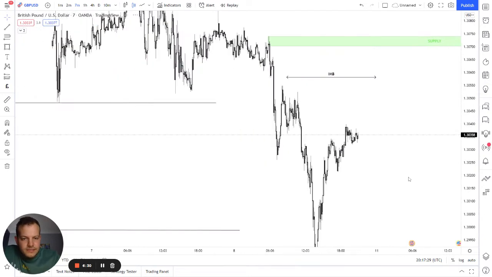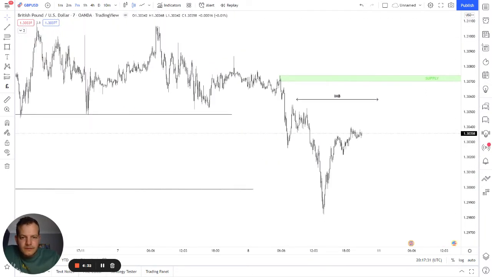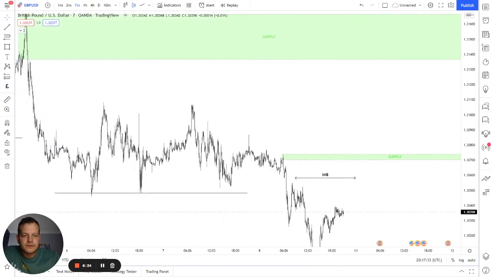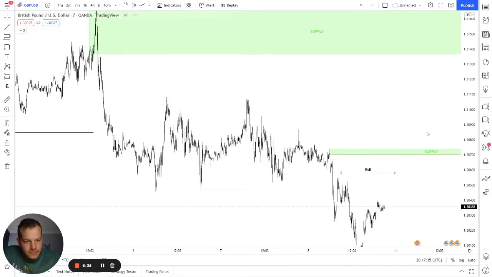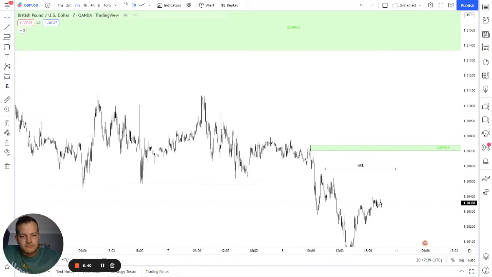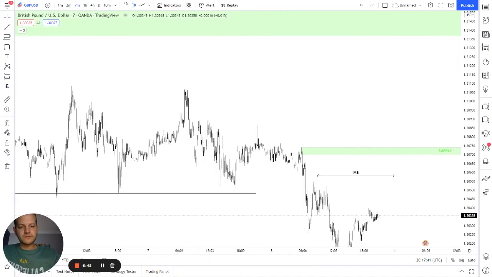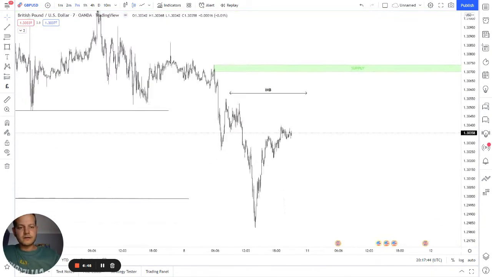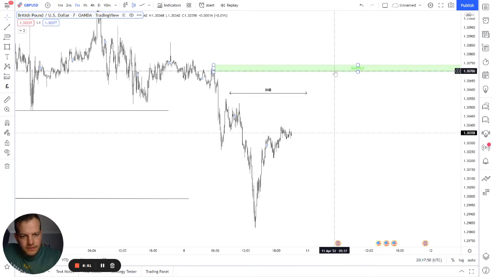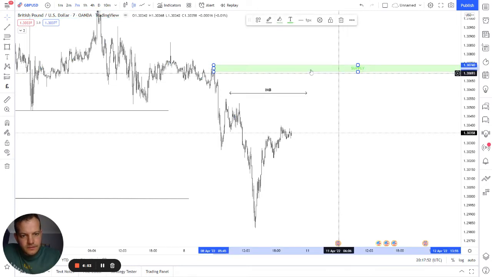As you can see, that does not get any smaller. Look how much smaller that is from a similar one. So that is now refined to the 7-minute, which would give us a lot better RR if we were targeting the lows. So if we drop a short position, say you had a sell limit, just if it wants to work,